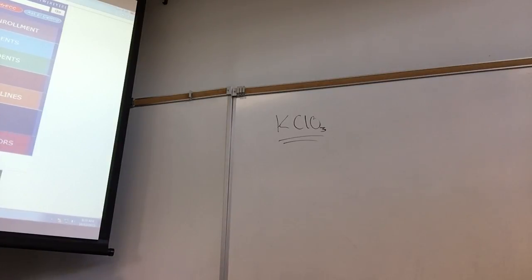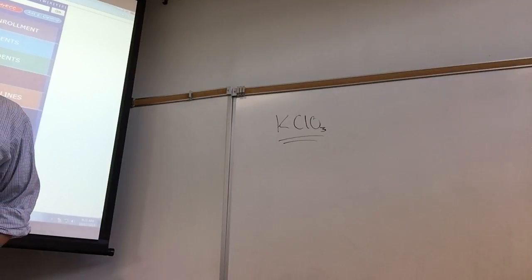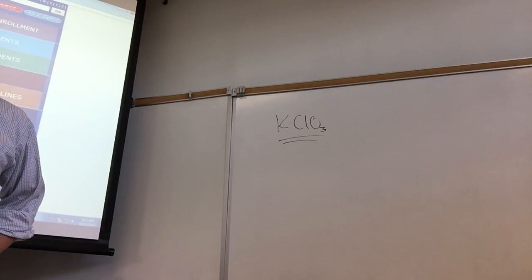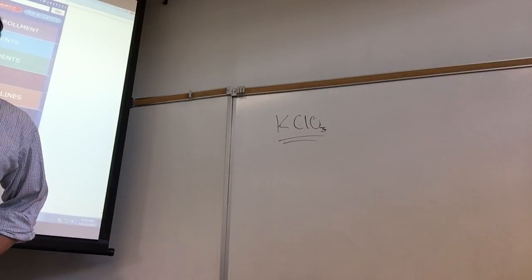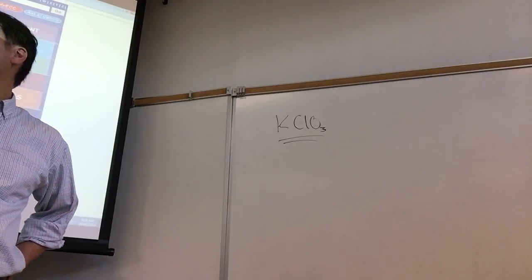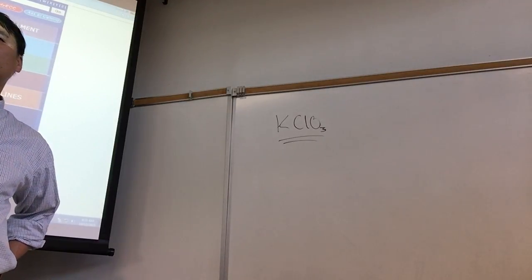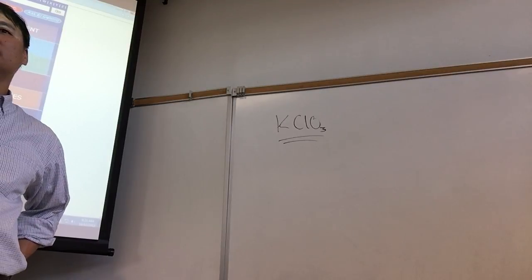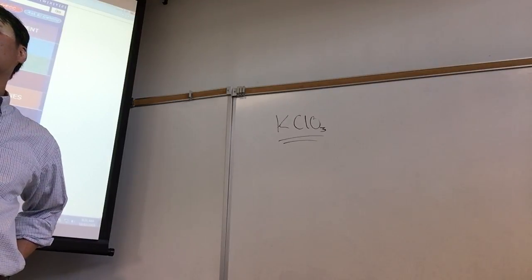Well, I don't know if anything stands out about KClO3 to you, and that's why I'm asking. As far as metathesis, nothing stands out to me, because when I look at potassium chlorate, I see potassium ions